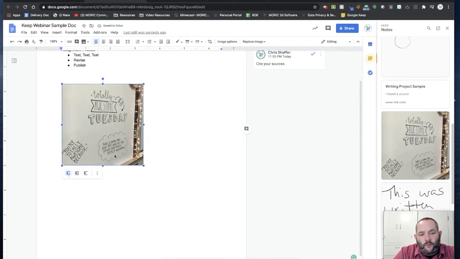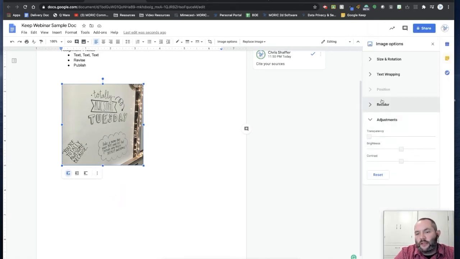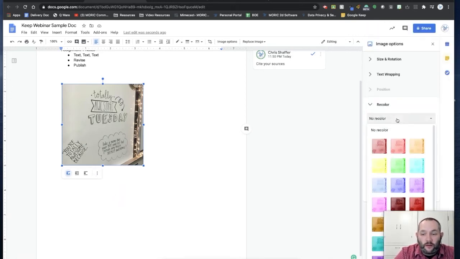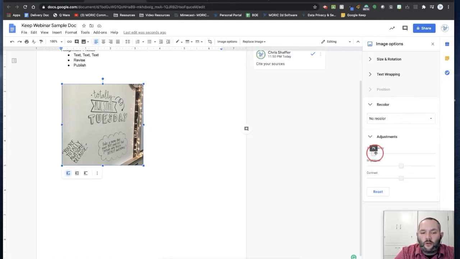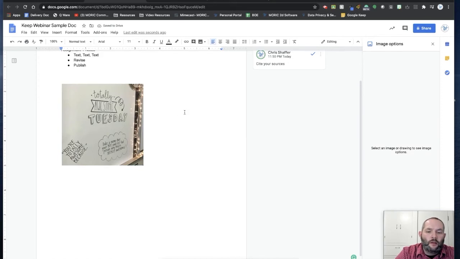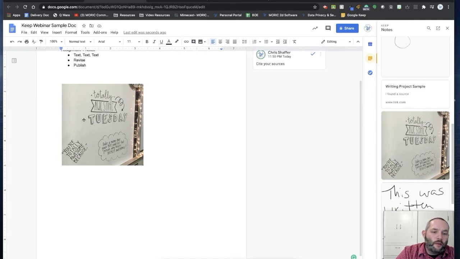Once I've clicked on a picture in Docs, you do have the ability to change how the text wraps around that picture. And then you can also do some basic adjustments. This is things like they do have some recoloring options, so if you want it to be a really standout coloring. You can also make it more transparent or less transparent. Just some basic touch-up options. So that's a great way to get from Google Keep those images that you've taken and pop them in, or your students, if they're taking images as they're doing research and gathering resources, now they can quickly drop those right here into their doc.